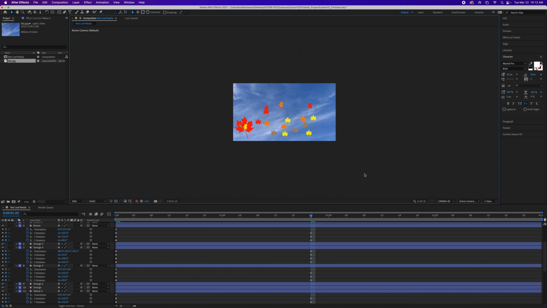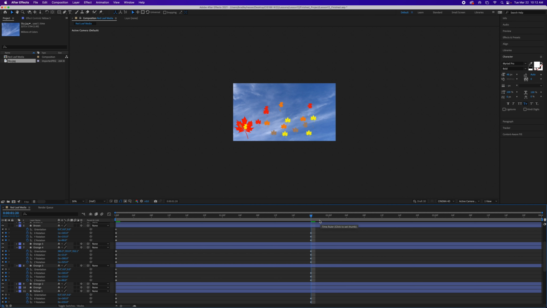If we click away, we can see where the other leaves currently are. You could always go through and scrub as well and see what's going to happen with them as they come in. Now, if you want to, you can do additional selections. If you want all of them to start to move, or if you're okay with some of them remaining flat, that's perfectly fine as well. Once you're happy with what you have on there,